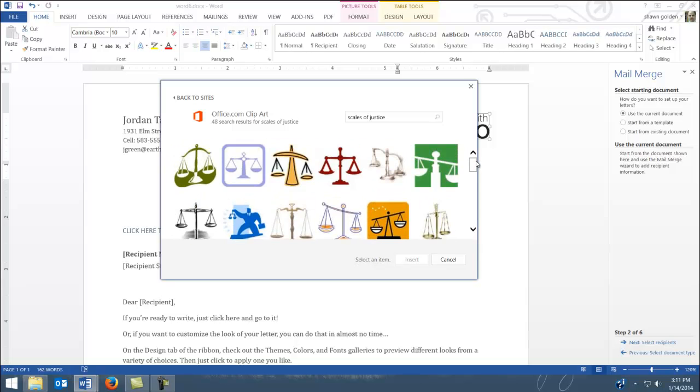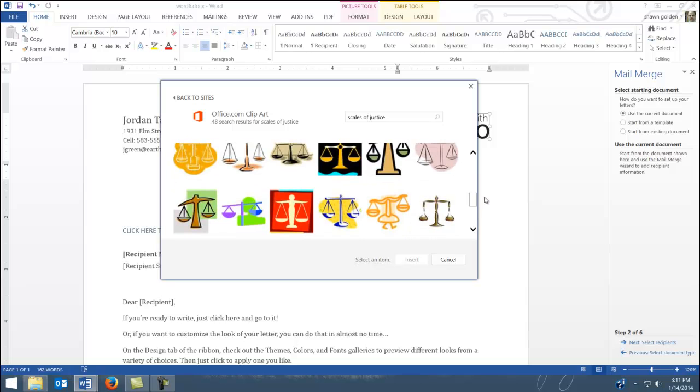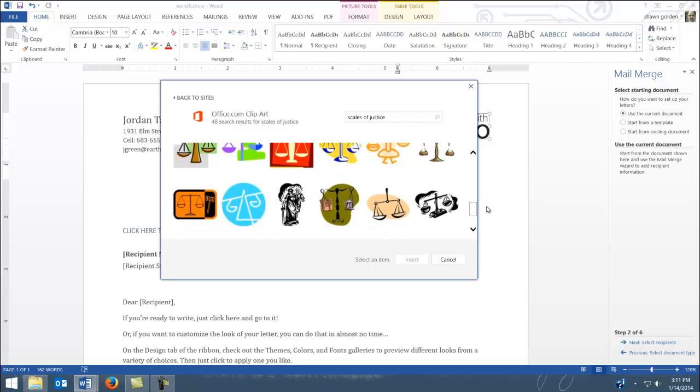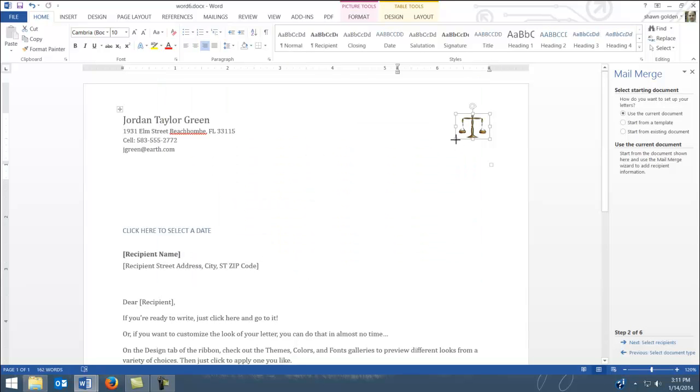But if not, for example, I'm going to use a slightly different one just to change it up a little bit. I would like to use this one right here. When you insert it, you can certainly change the size of that, and we'll change the size here in a few minutes just to make it look appropriate. Next thing we're going to do is the shading, and this shading is on figure